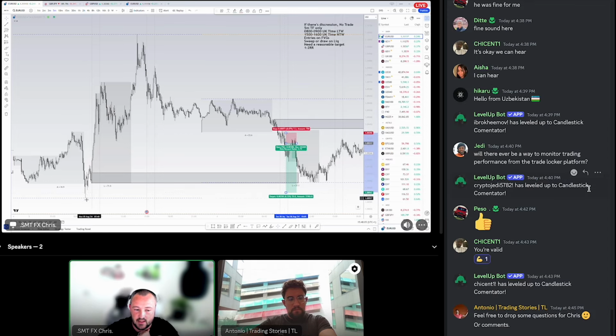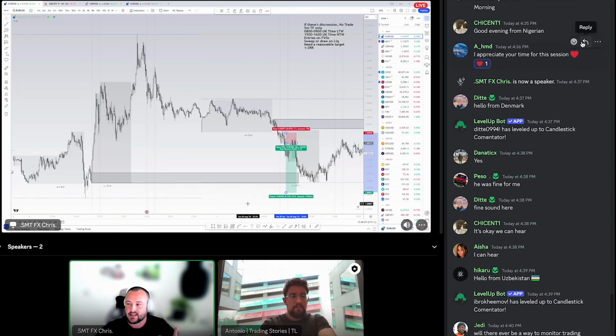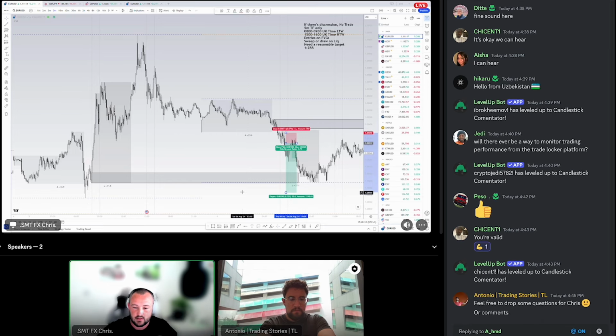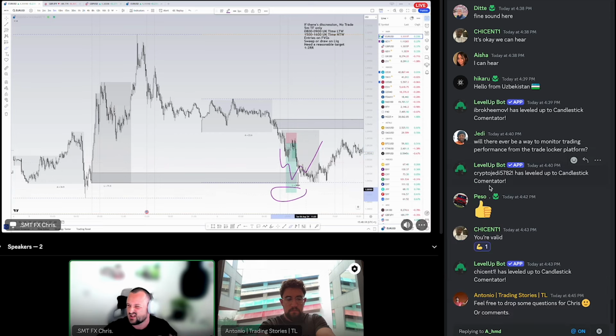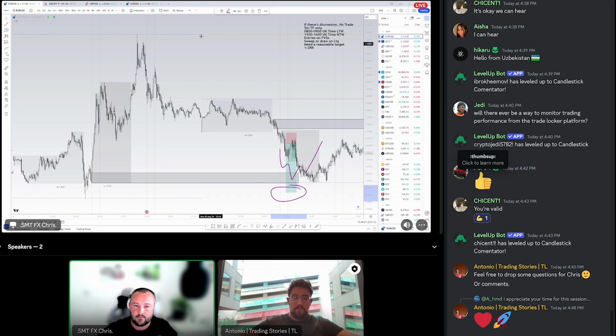It could even be a daily high or low. We don't want our target beyond that, because what will likely happen is if we see a reaction from this POI and we do continue back to the upside, it's very likely we're not going to hit TP. So we have to make sure we have a reasonable target. There is a logical reason for that target to be met. If there's not, the trade is not valid.